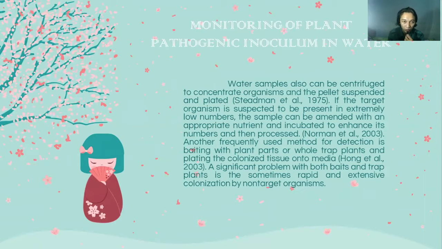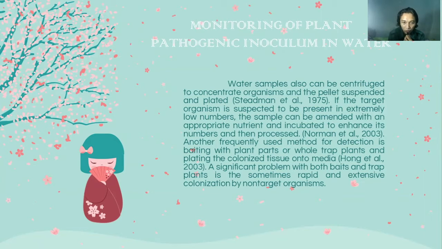Monitoring of plant pathogenic inoculum in water. Water samples also can be centrifuged to concentrate organisms, and the pellet suspended and plated. If the target organism is suspected to be present in extremely low numbers, the sample can be amended with an opportune nutrient and incubated to enhance its number in the process. Another